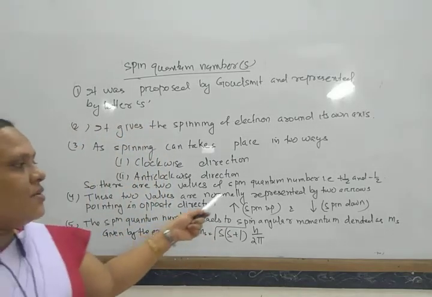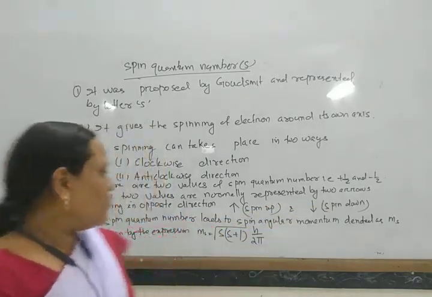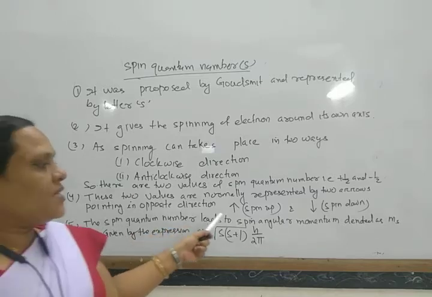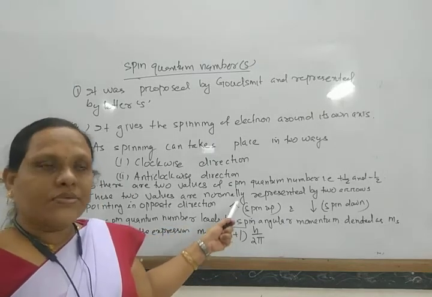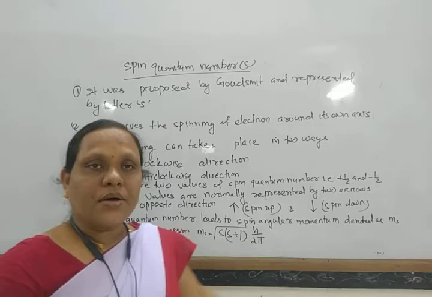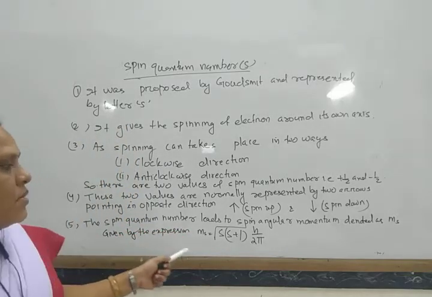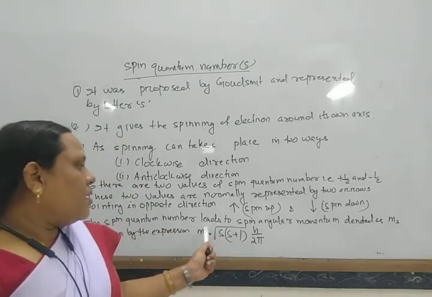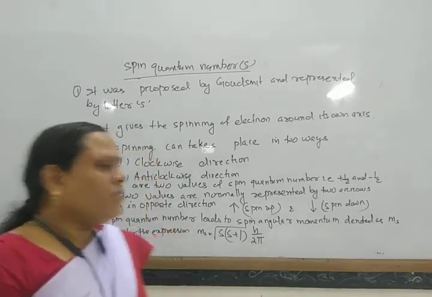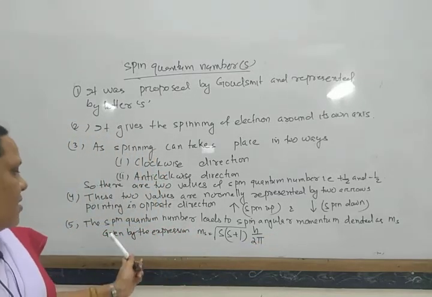These two values are normally represented by two arrows pointing in opposite directions, one spin up and another spin down. And this quantum number also leads to spin angular momentum,